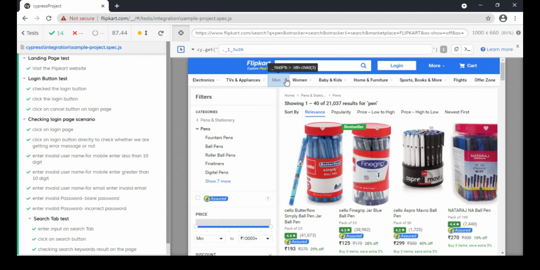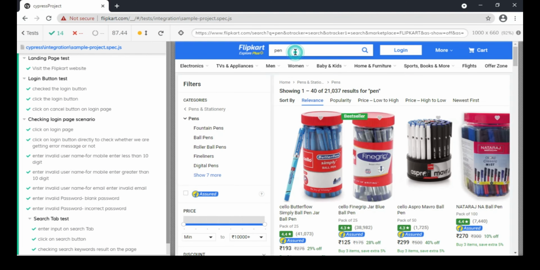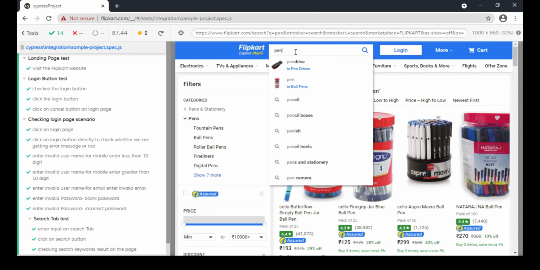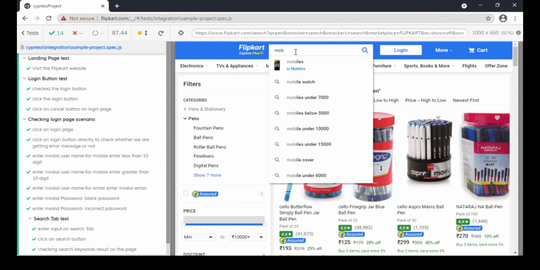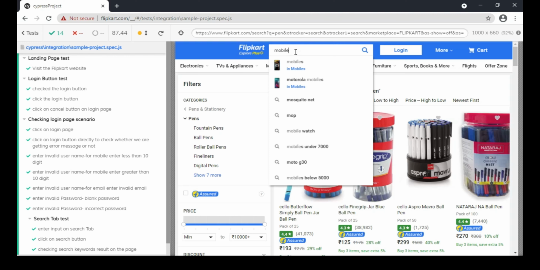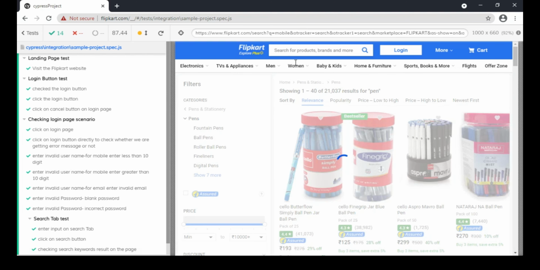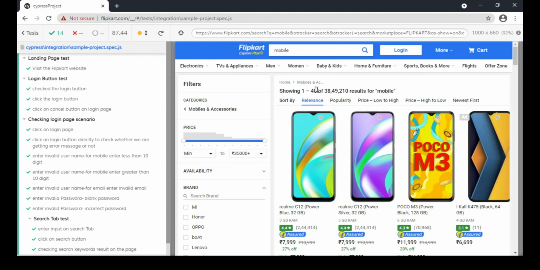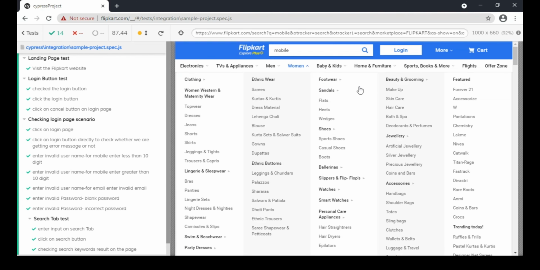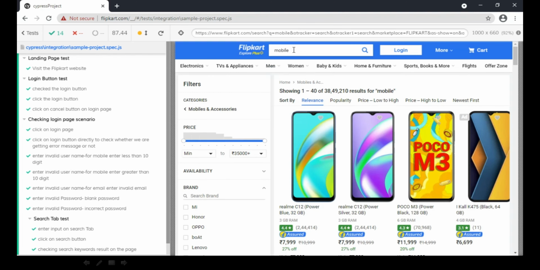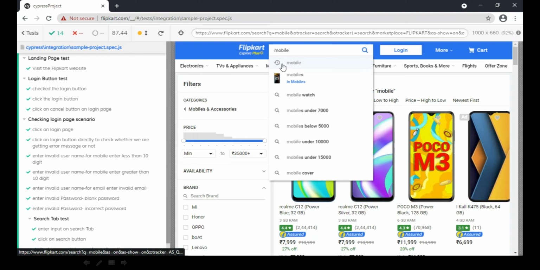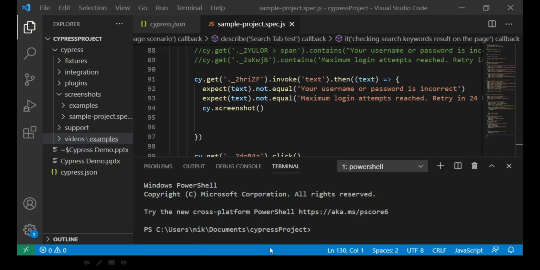When we perform manually, it will be similar to when a user performs. So if I write another text here like mobile, there is a large chance that I will get a result directly. But in automation, sometimes we won't get a result directly. Let me show you.